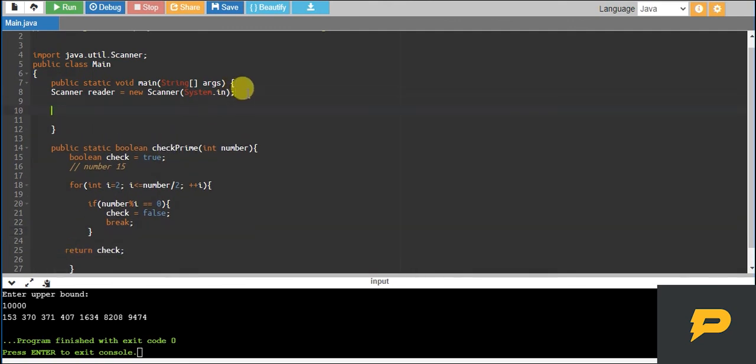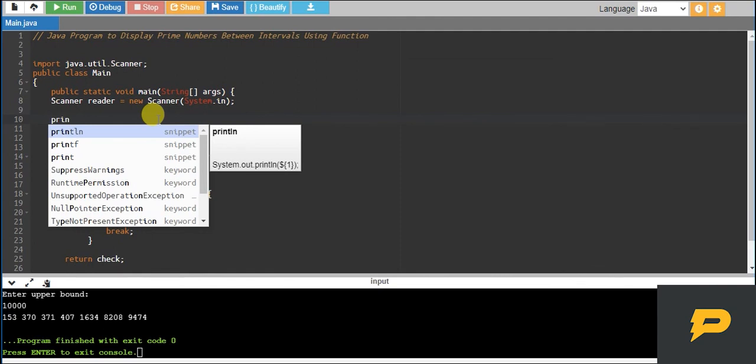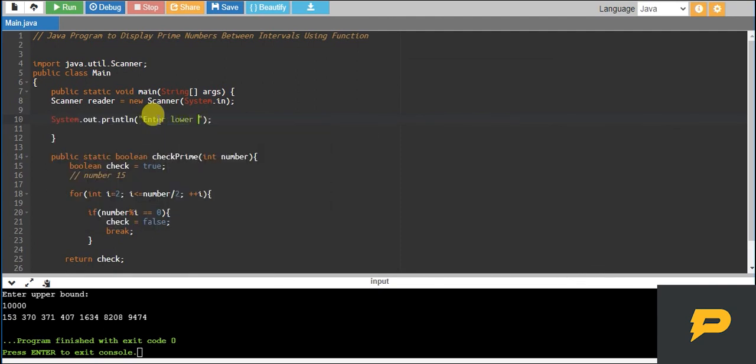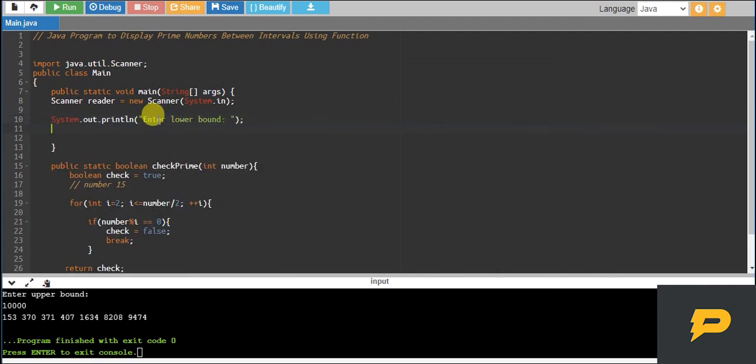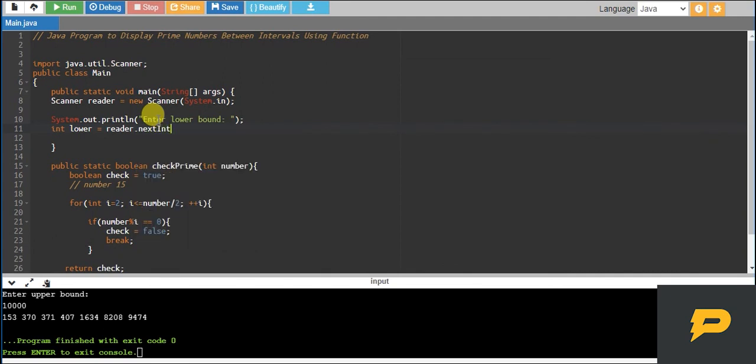There we go. And for intervals, let's take input from the user. We give a message to the user to enter the lower bound. The user will enter the lower bound, and we store it in our lower variable by reader dot nextInt.